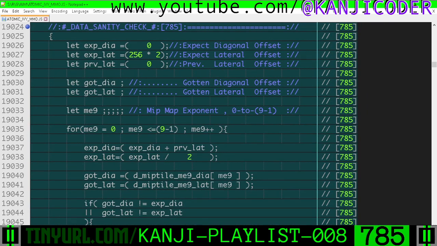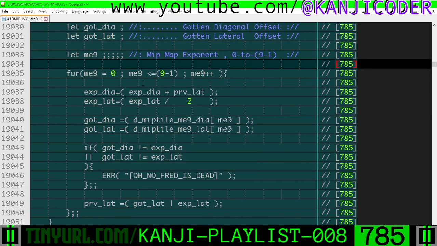And then we have a little sanity check here. So we have some variables here. You can pause to read them. And it's important that these three variables are initialized to what they are, because this will let us gracefully enter our loop here. So we're going to loop through every single MIP map level exponent, and we're going to calculate